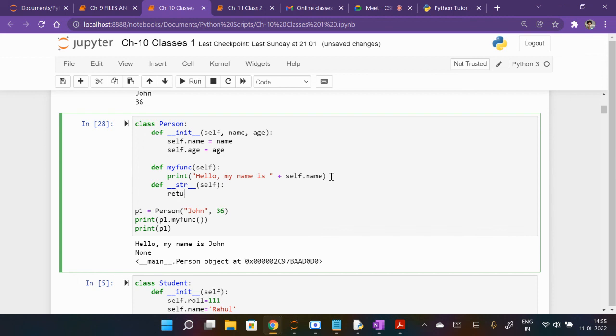And you want to return what? You want to return self.name. So it will print the name, or you can write it in a string form.